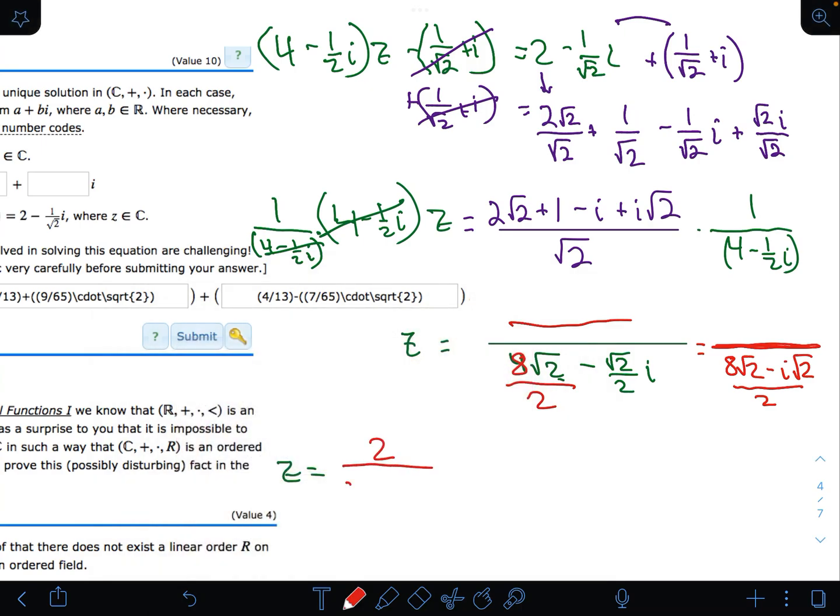It's 2 over, and then I'm going to eventually say root 2 times the quantity of 8 minus i. As you can see, I factored that. Times, what did I say that numerator was? I had it in purple, so I'll write it in purple again. I'll say 2 root 2 plus 1 minus i plus i root 2. See? And that was what this was right here. It's still right here. Well, now it's just this over 1. All right, so